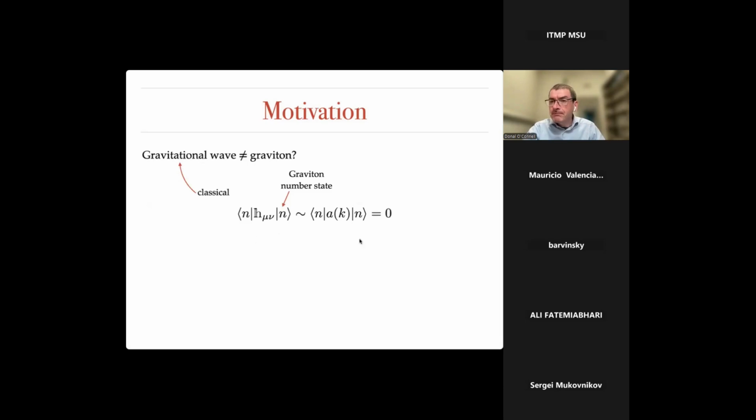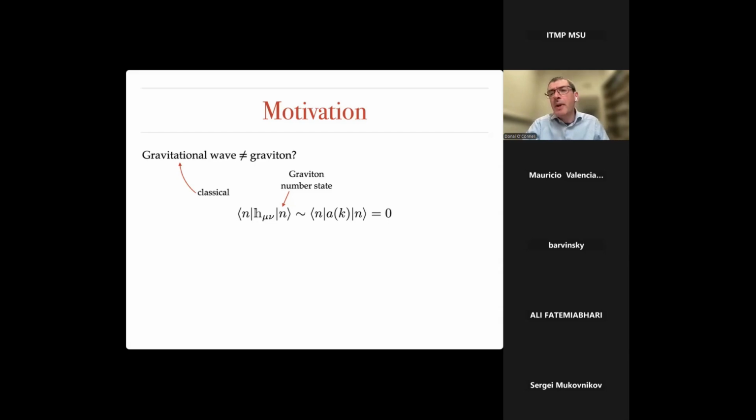That intuition is captured by the fact that the expectation value of the metric operator, so H here is the perturbative quantum gravitational operator, on any number state, so n is a graviton number state, must always vanish. That's so because H has a term which has an annihilation operator. The annihilation operator acting on the number state is obviously going to lower that number, so this overlap would then be zero. There's another term where the H has an A dagger, a creation operator. But again, if I create a particle, then the overlap is going to vanish.